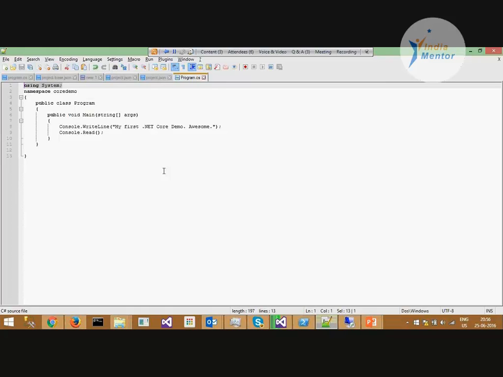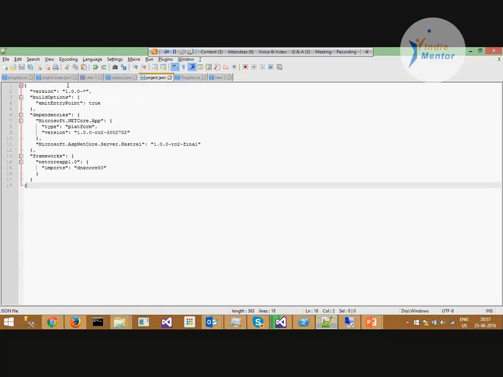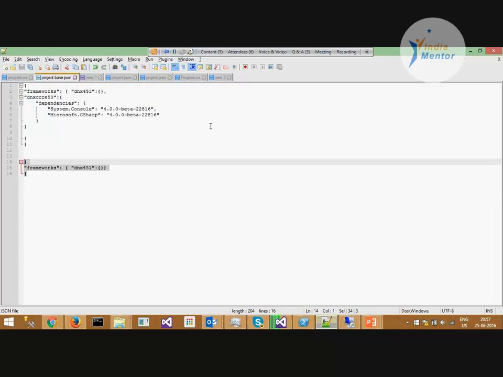So the Microsoft team has done away with that structure, the standard project file that had references to all the libraries. Instead, they have come up with a simple file called project.json. I'll take a very simple version of it.